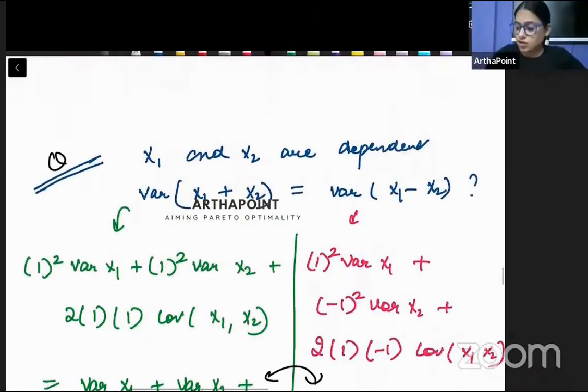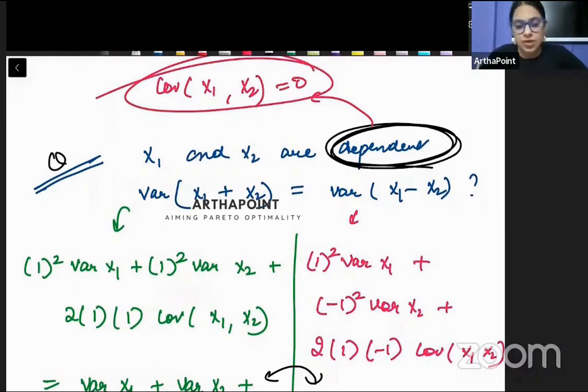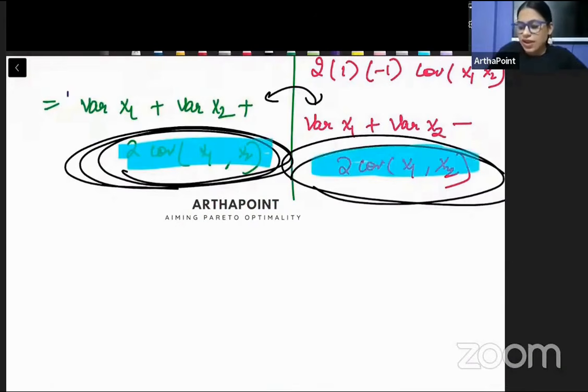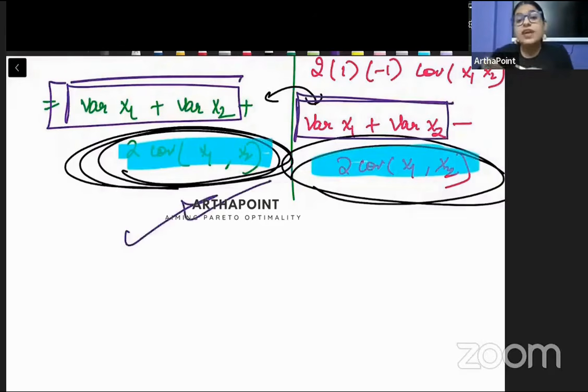हाँ, when x1 and x2 are independent of each other, अगर ये दोनों एक दूसरे से इंडिपेंडेंट हो जाएं, तो उस केस में कोवेरियंस x1 x2 का 0 हो जाएगा, उनके बीच में कोई रिलेशन ही नहीं रहेगा। So if they are independent of each other, तब ये वाला भी जीरो और ये वाला भी जीरो है, and you will be left with variance of x1 plus x2, variance of x1 plus x2, तब ठीक है। But if they are dependent of each other, तब नहीं हो सकता, then both of them will be different. Am I clear with it?